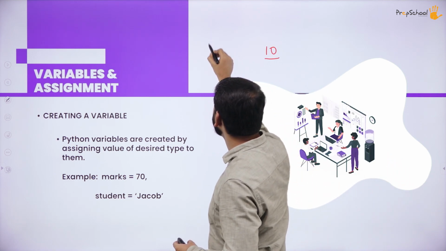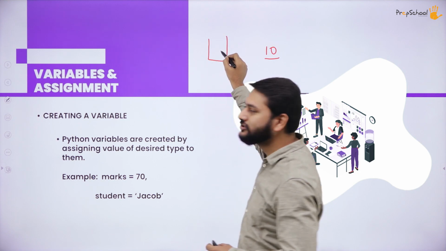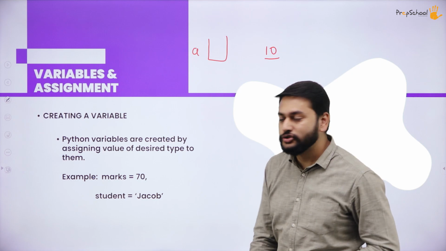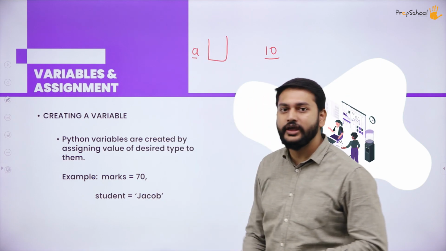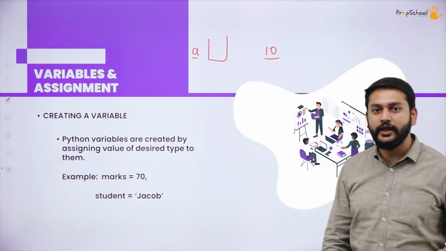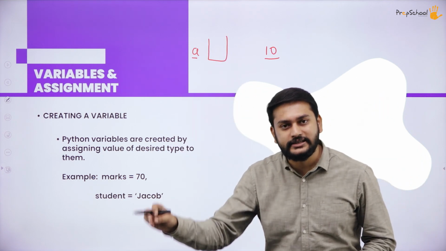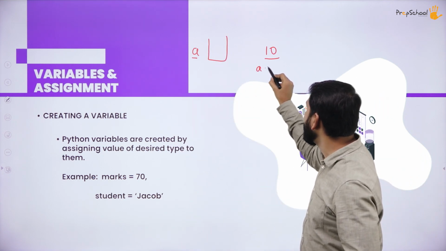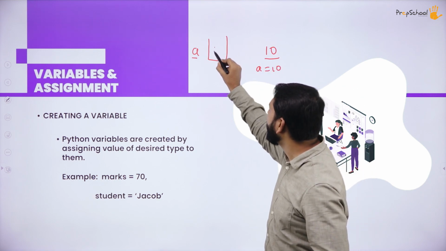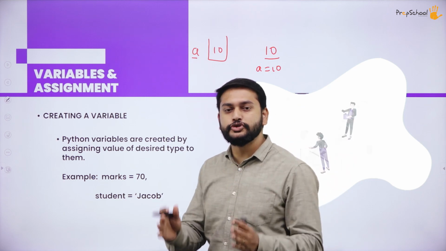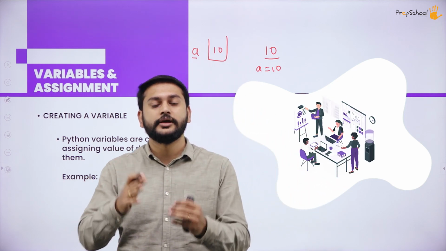Let's imagine I'm creating a memory. Imagine this is a memory, and for this memory, I create a name. This is what I call a variable. In this space, whatever I want, I can place it. So I have written a is equal to 10, and in this memory, I will be storing this 10. That is what you have to remember, in case you have not understood anything about the variable.